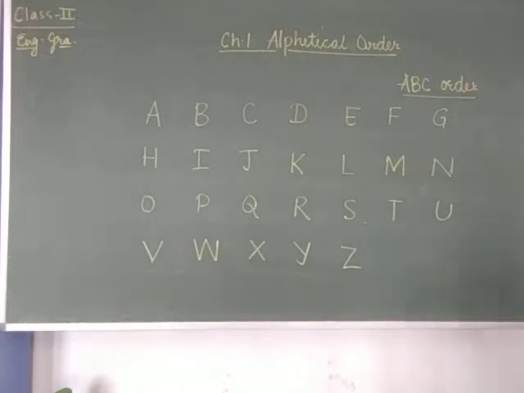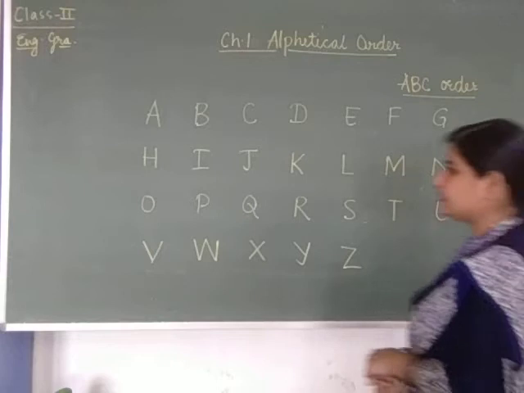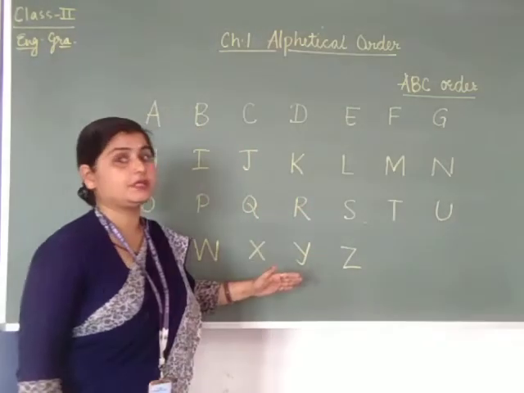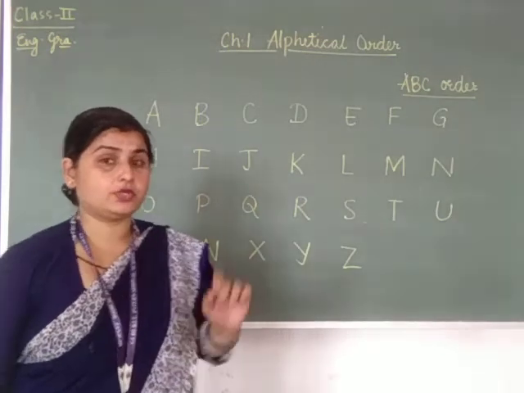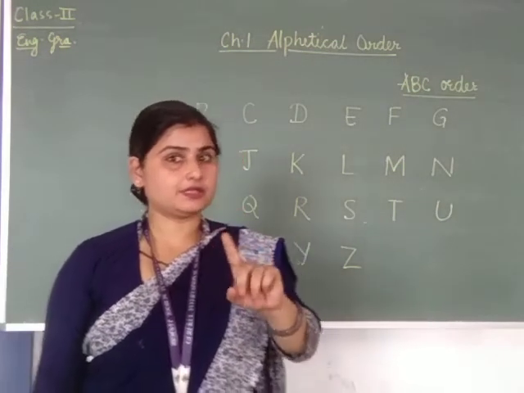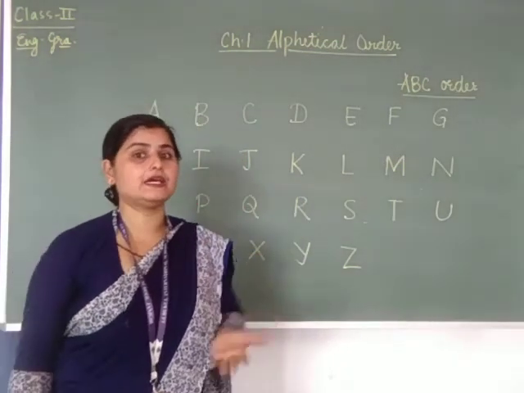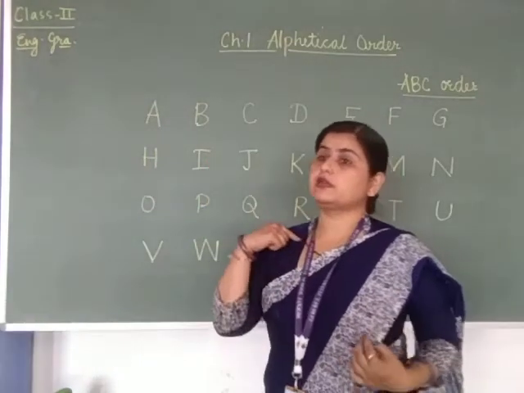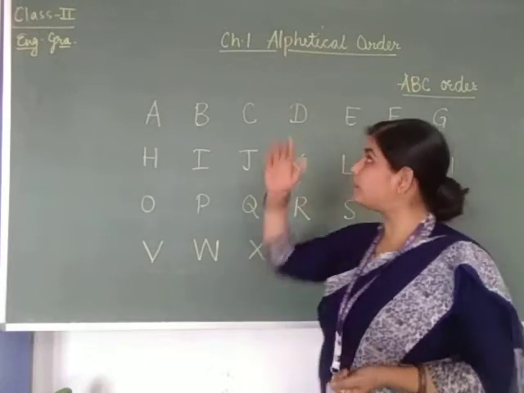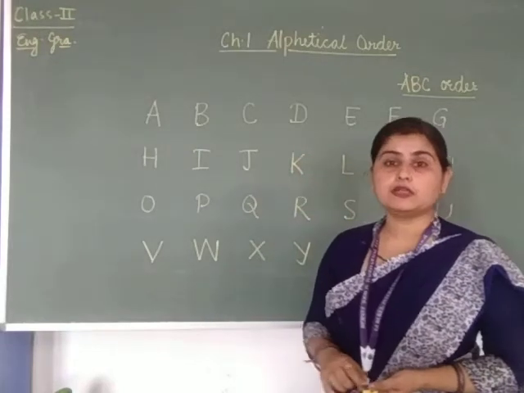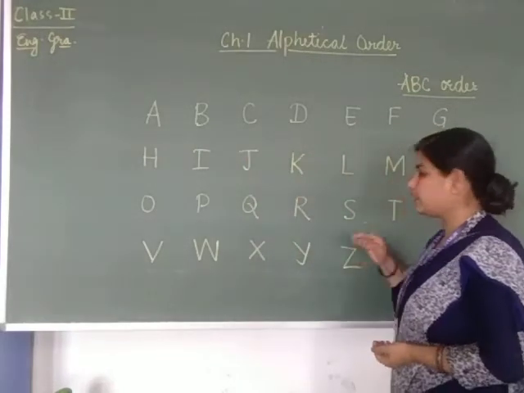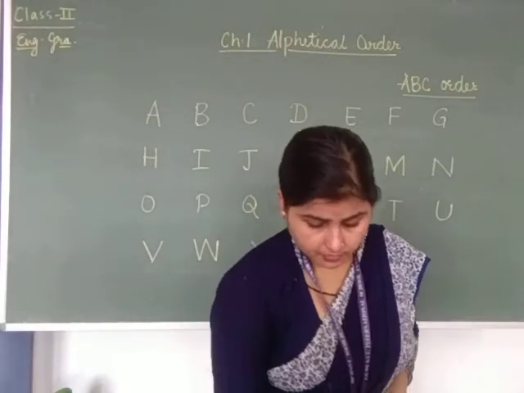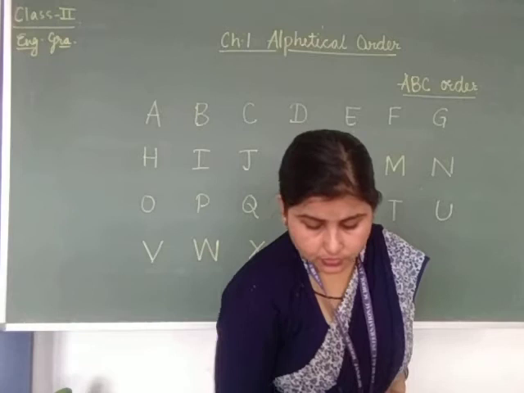अब मैम आपको ये बताएगी कि मैम आपको इस चीज को क्यों बता रही है कि ये सारे letters alphabetical order में लिखे हैं. At least I have told you 5 to 6 times. अभी तक 5 से 6 बार मैम ने इस चीज को repeat किया है. Why am I repeating it? Because I want to let you know what the importance of an alphabetical order is. ये सारा जो order है उसका importance क्या है और इसका use आप कहाँ करते हैं. Where do we use it?